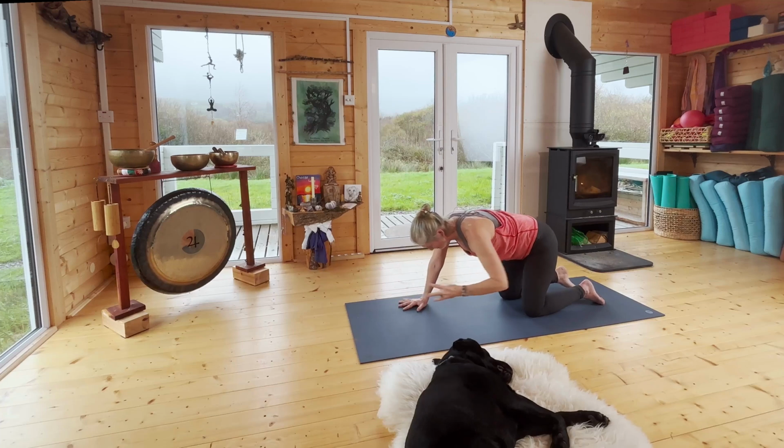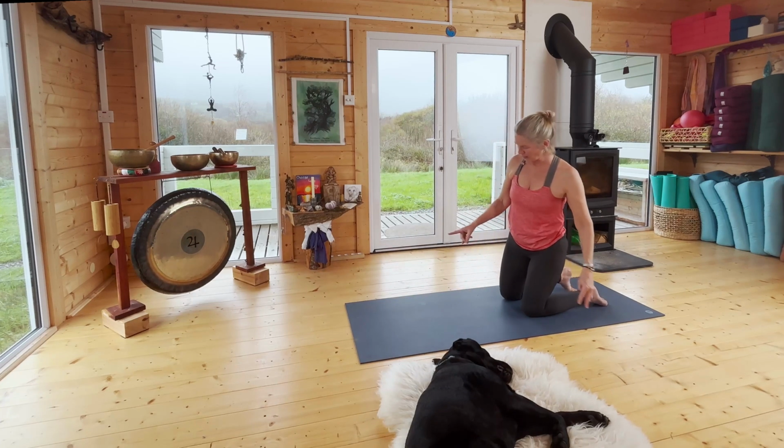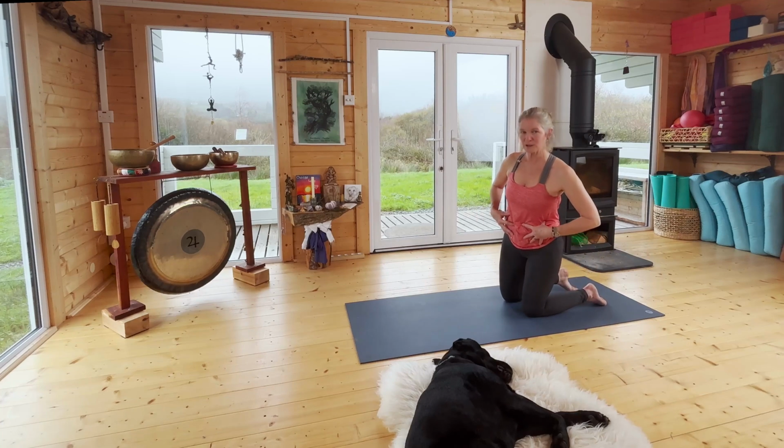And let it come down. We're going to switch leg positions. So you're going to come onto your left knee, bring your right foot forward. But when you're bringing your right foot forward, maybe let go of the mudra. Take your time. We're going to be coming forward into a lunge, but we want to feel these core stabilizing